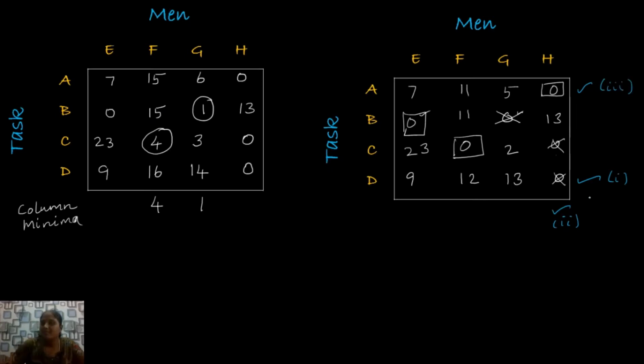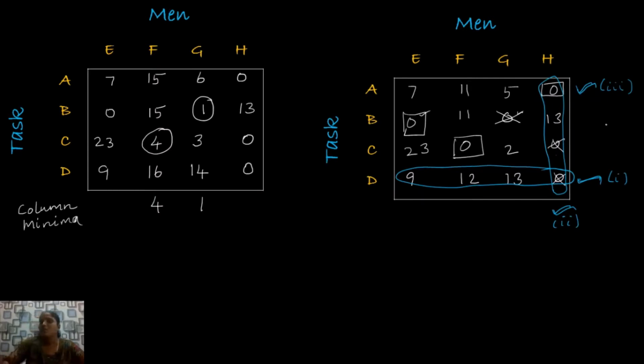Once again I repeat. Mark the row which doesn't have any assignment. This is your first step. After marking this row, look at whether this row has any 0 element. If you find a 0 element, you mark that column. In this column, you have to check whether there is any assignment made. Here is an assignment. You have to mark that corresponding row.